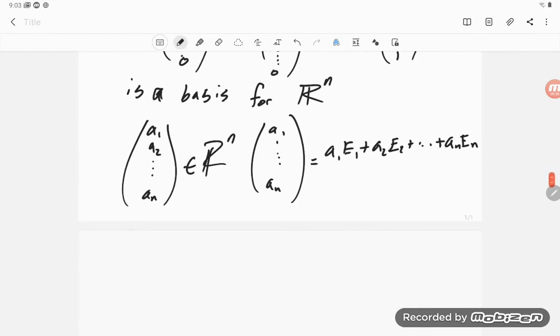And so there we've got the span, right? So the Ei span